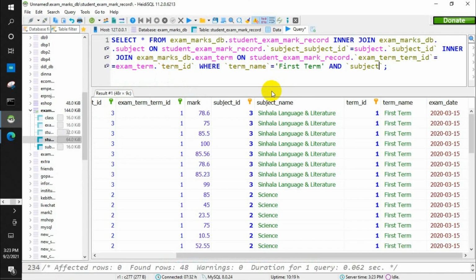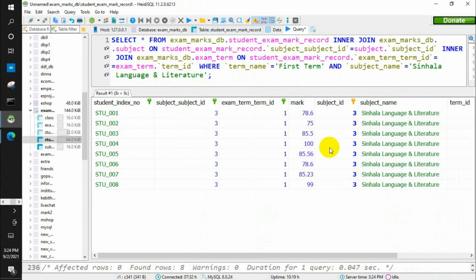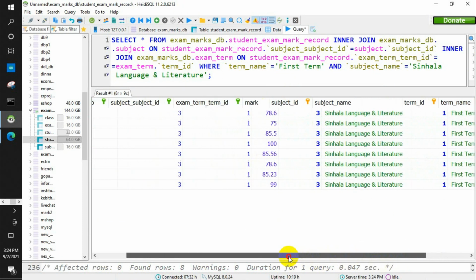No, it's English, sorry, it's singular. Subject name should be this one, the singular language and literature. So now let's run this query. Okay, now we have all the marks obtained for the first term and for the singular subject.